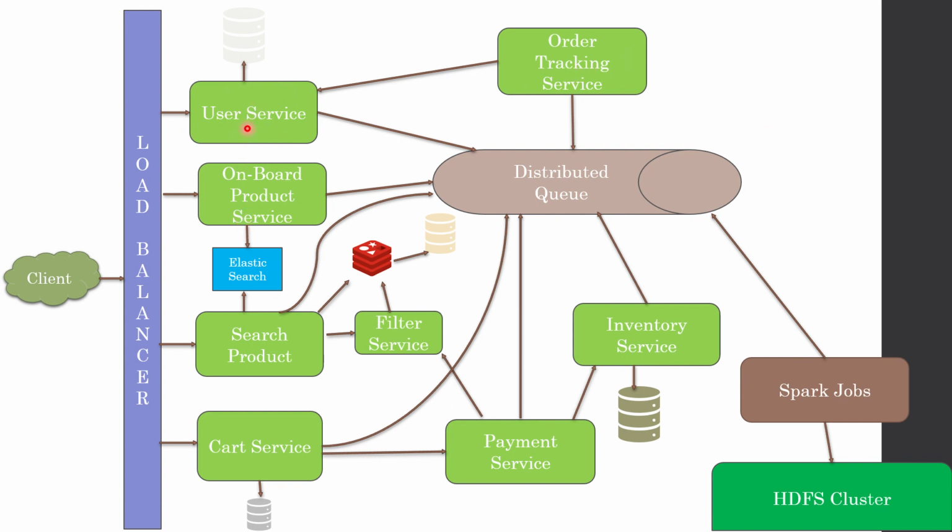Now, if I have to do a change in user service, these services are still running. They don't have any dependency on user service initially. So if a payment is in progress, it does not matter whether the user service is up or not. Even if the user service is down, payment service is up. So it works good for me. Now, the second important point here is